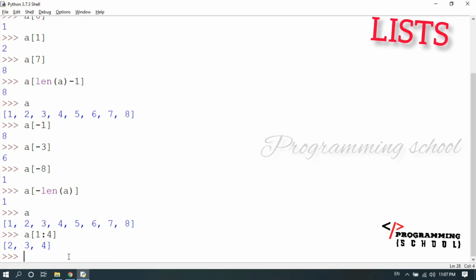For example, now I am going to represent these values, 4, 5, 6 only. What is the index of 4? 0, 1, 2, 3. That means I am going to start at 3. Where am I going to stop? This is 3, 4, 5, 6. I am going to stop at 6. That means here I am going to slice this one.